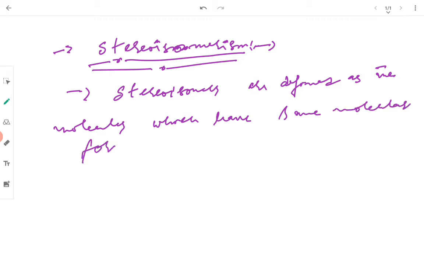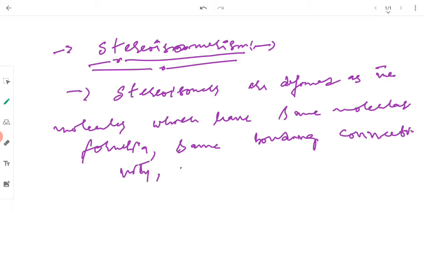They have the same bonding connectivity. इनकी bonding same होती है. They have the same bonding connectivity,